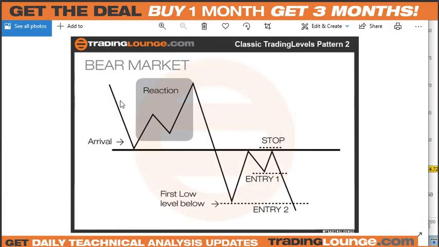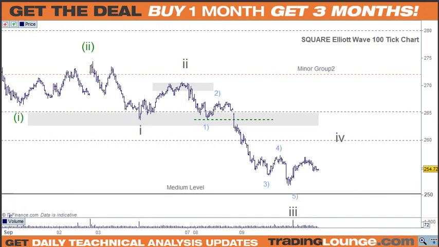First of all, the market came down and bounced off it and went through, and then it came down, and we had this first entry here, because we have to wait for the first low below the level, and that becomes our entry point. We can wait for the second one, and that becomes our entry point. So this one's finished off nice and squarely here, so this should come back up above the level. Most of the time it will come back up above the level, which it has done here.